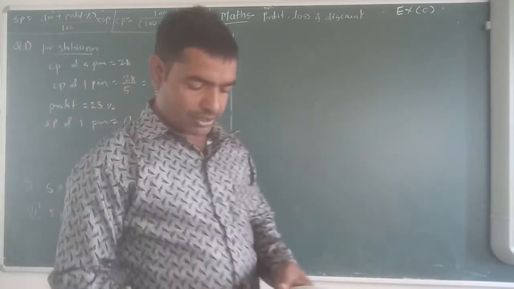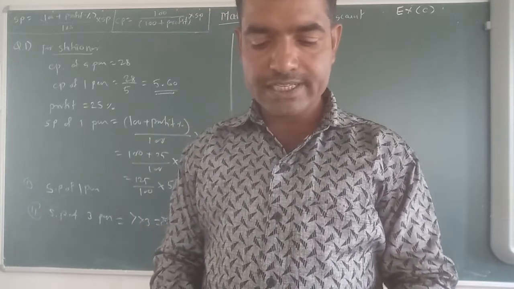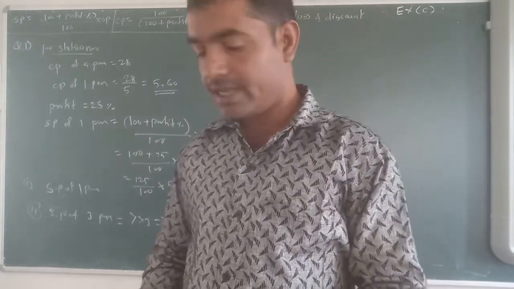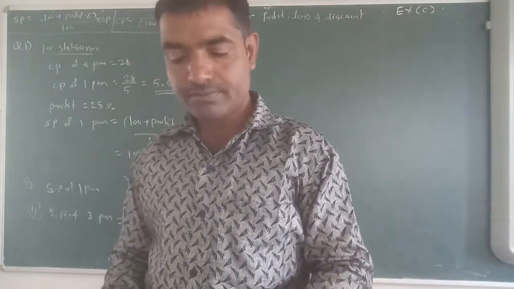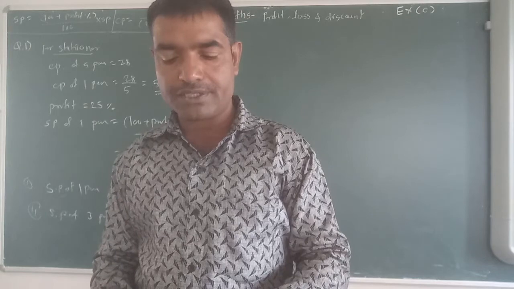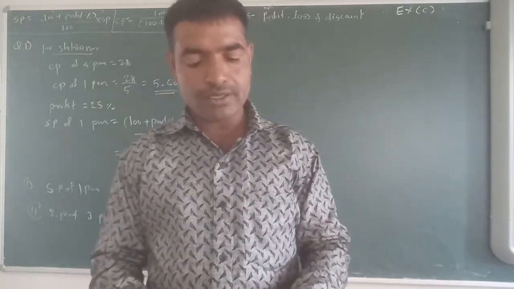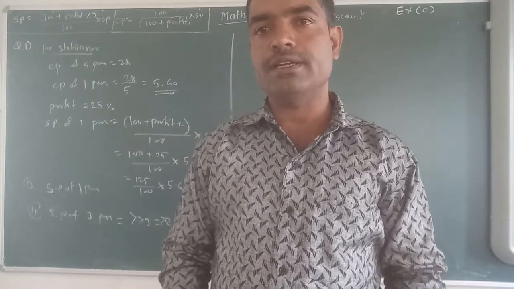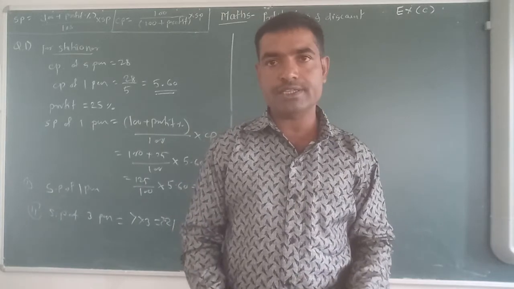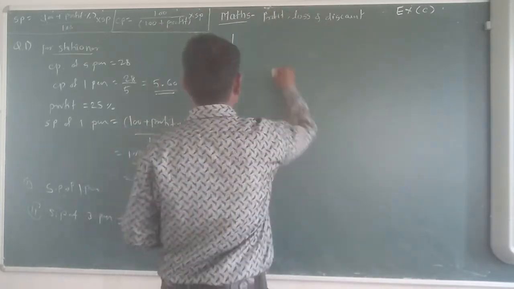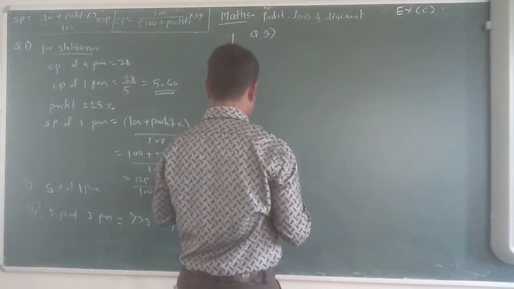Okay. After that we are going to see question number 3. The third question is: a man sells 12 articles for rupees 60, gaining 33 and 1 upon 3%. Find the number of articles bought by the man for rupees 90. Here, first the cost of 12 articles is given. Whatever is given, we will see that. Question number 3.